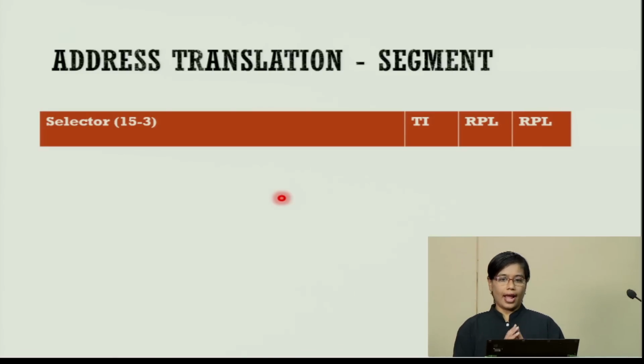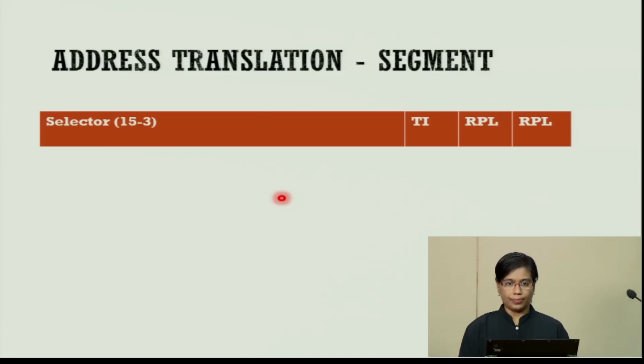Now again, an address will always have a segment and an offset part. The difference between real mode and protected mode is the way in which you translate the segment. The segment in protected mode is actually a selector. A selector is going to point towards an entry in the descriptor table. Whatever the entry is, it is going to be the descriptor, and this descriptor is going to give the address